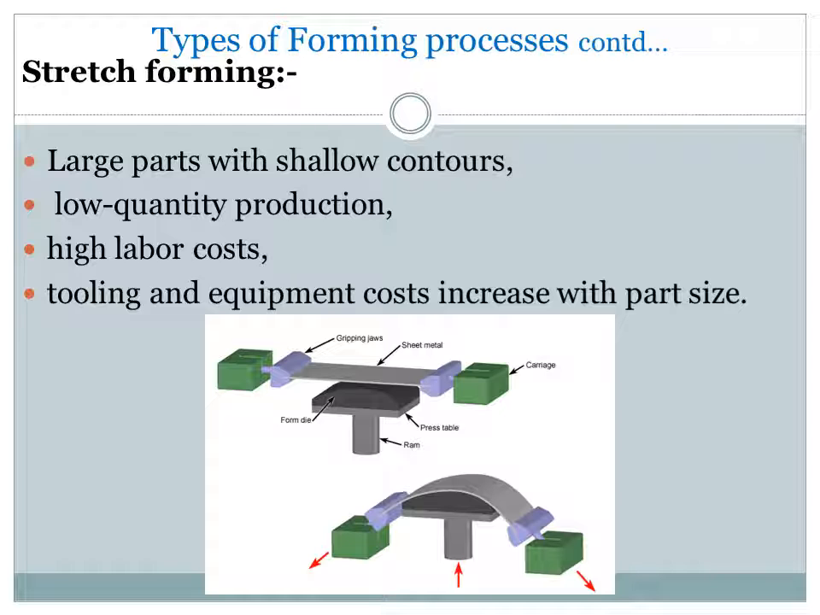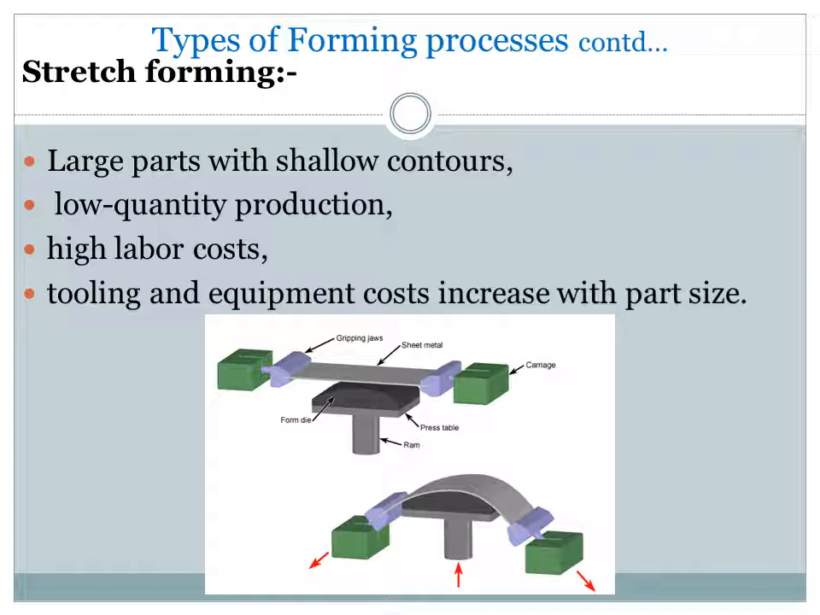Next is another important operation called stretch forming. Here, this is mainly applied for large parts with shallow contours, low quantity of production, high labor cost, and tooling and equipment cost increase with the part size. A typical stretch forming operation is shown in the figure. This involves a complicated clamping mechanism, and initially we have to make a special clamping arrangement on both ends of the sheet,